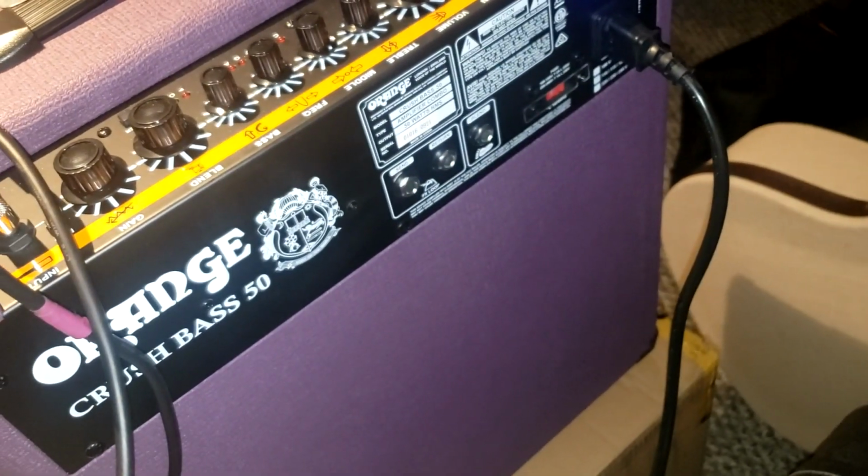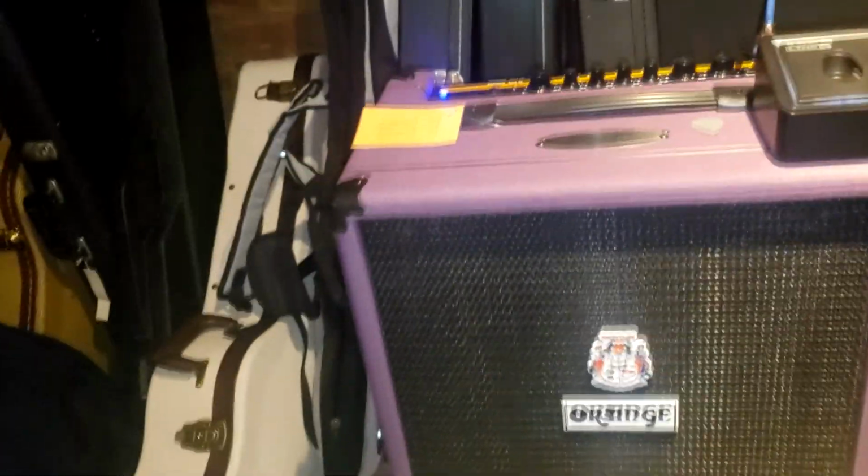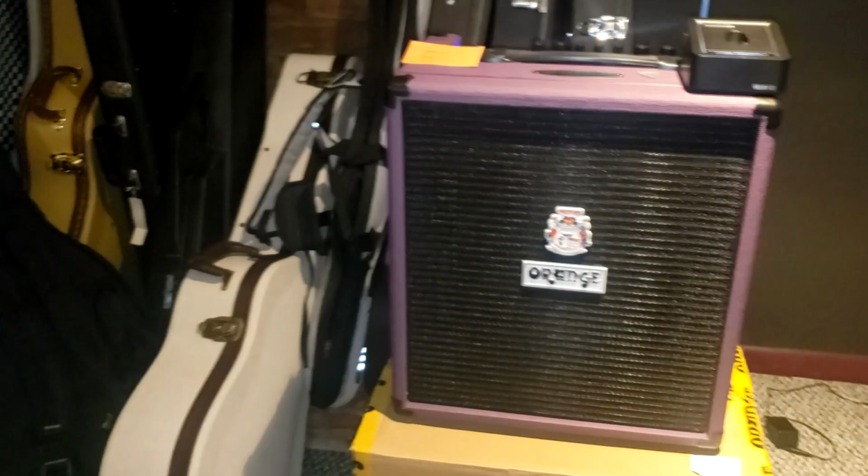On the back here, we have send and return. There's the power switch, the cable, and there's a sound hole on the back. And it's this awesome color purple. So I'll play with the knobs a little bit, give you an idea what it sounds like using my Line